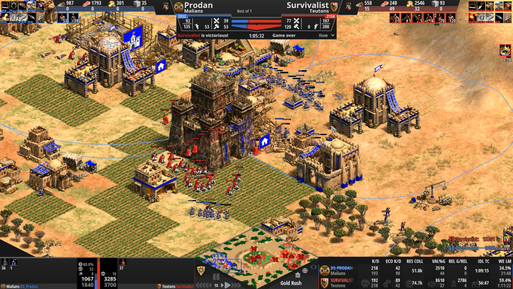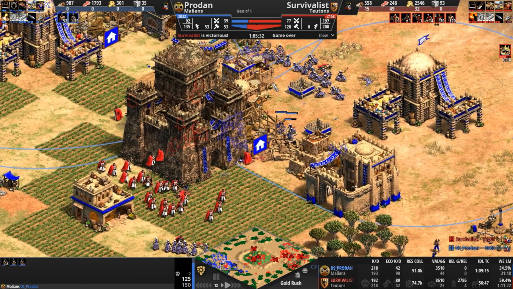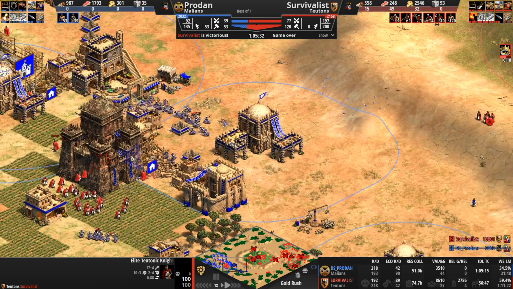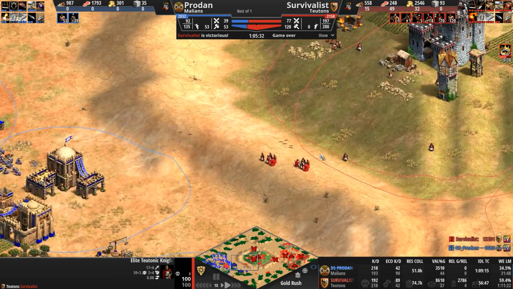No, they are clumped in a way that will die. These guys are about to die. These guys will continue attacking a few straggler TKs to the north, but ultimately, wow, more and more reinforcements are